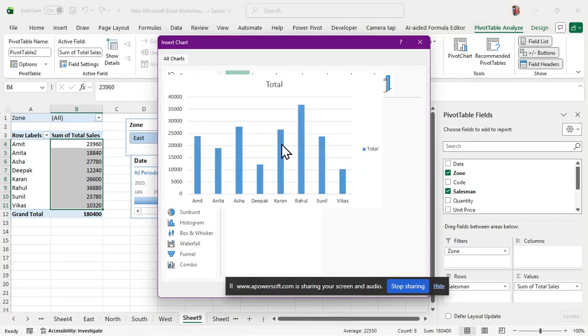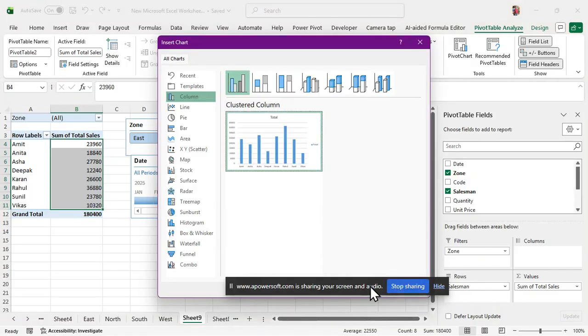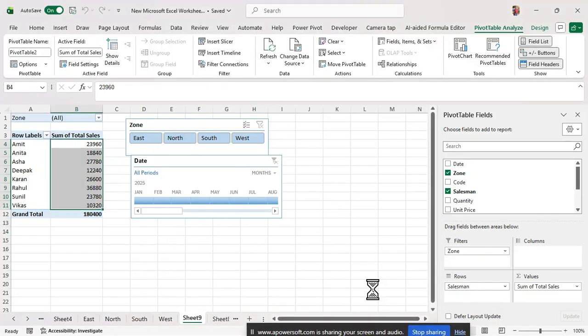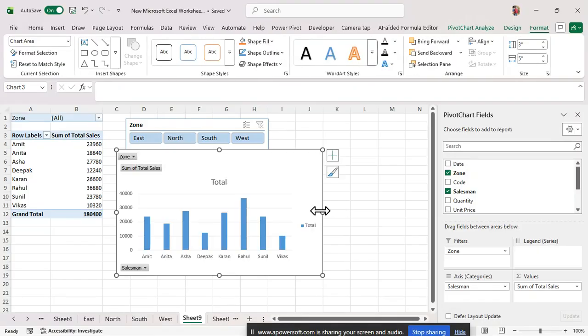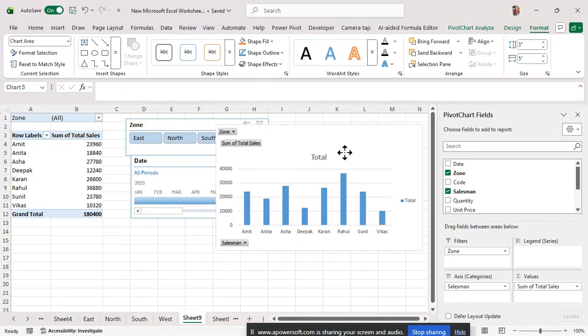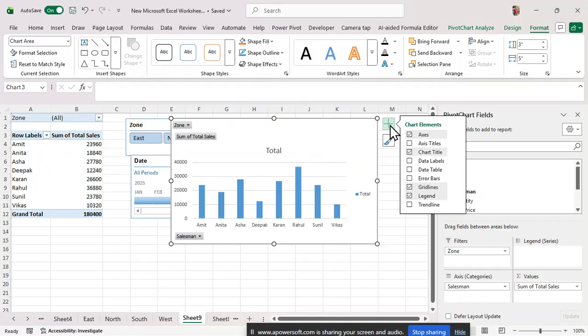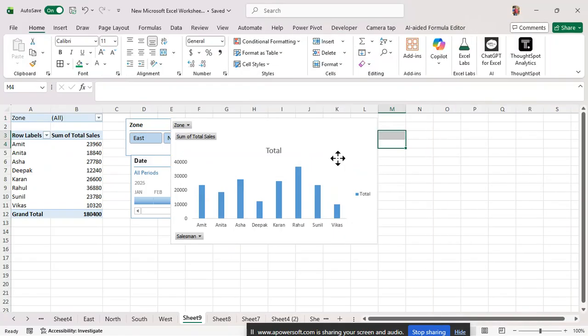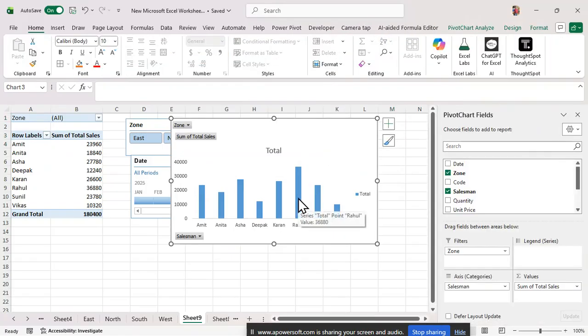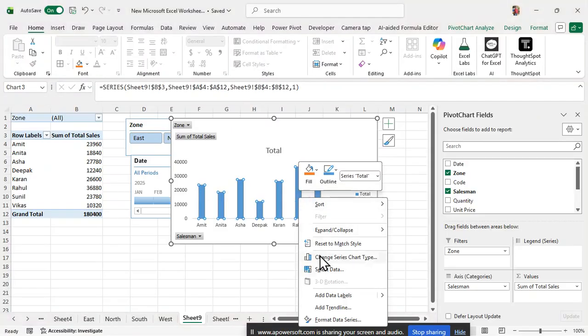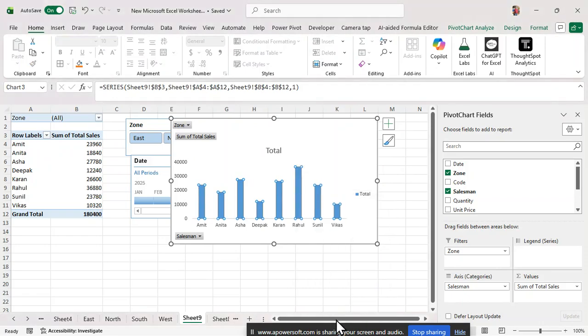Click any chart and press OK. Now your data is more visible. And remove the gridlines: the plus sign, remove gridlines. Okay, and now the last thing I want to show you. Right click and Format Data Series